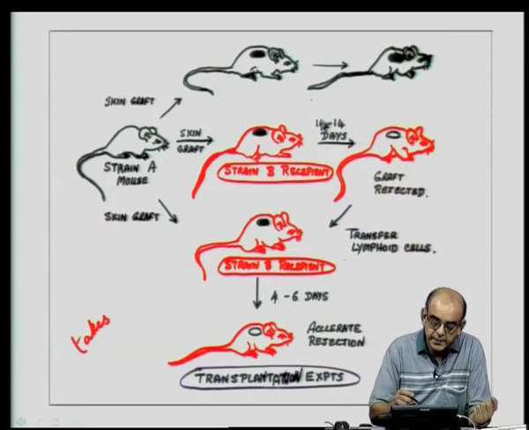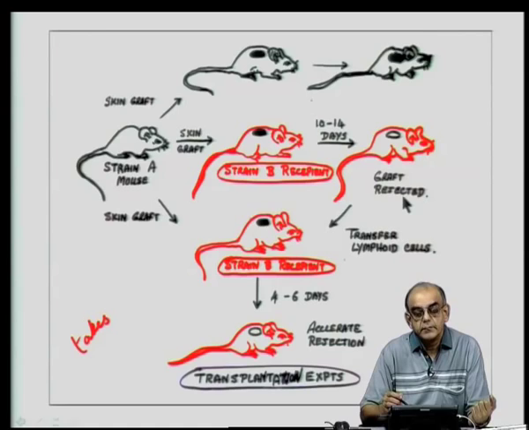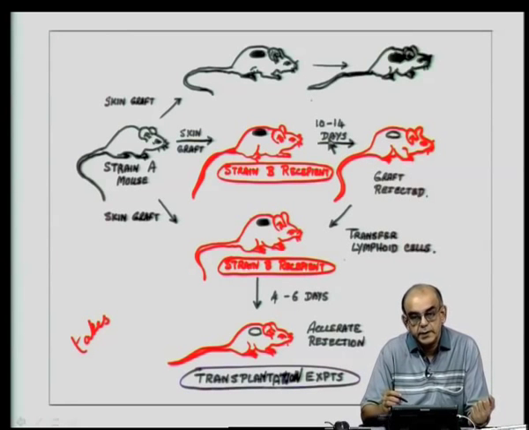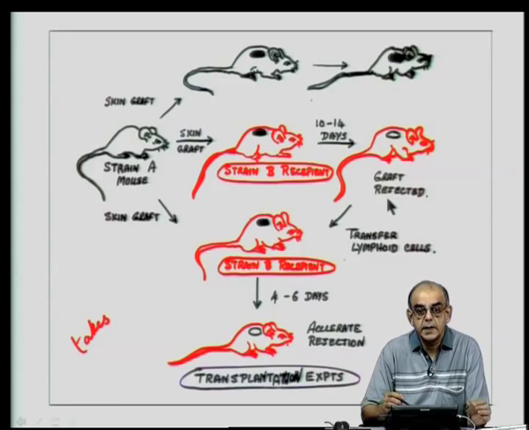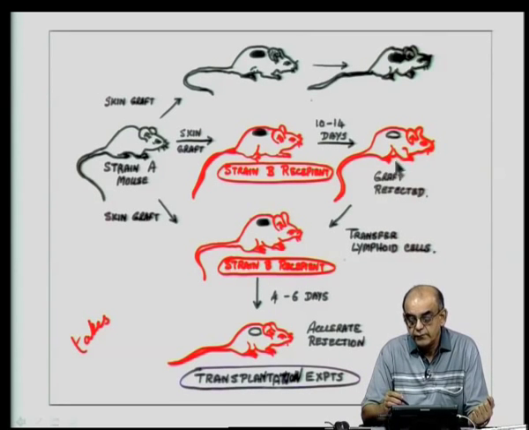So, therefore, this period of primary graft rejection takes about 10 to 14 days in the mice, which is due to a primary anti-graft response. Now, if one takes lymphoid cells, especially T cells, from this mouse and adoptively transfers them, in other words, takes these cells and injects them via the tail vein into a naive mouse, or a mouse that has not been